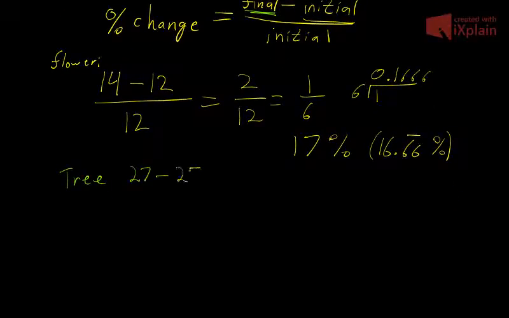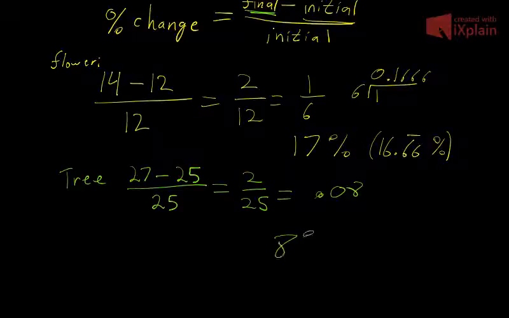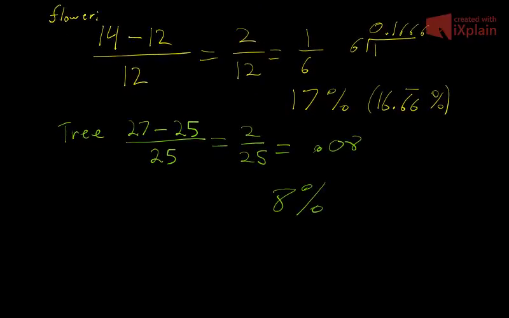Minus 25 was my initial. Divide by the initial, which is 25. That's going to give me 2 over 25. Which should be 0.08 or 8%. So if I look, my flower grew 17%, my tree grew 8%, so I can easily say that my flower